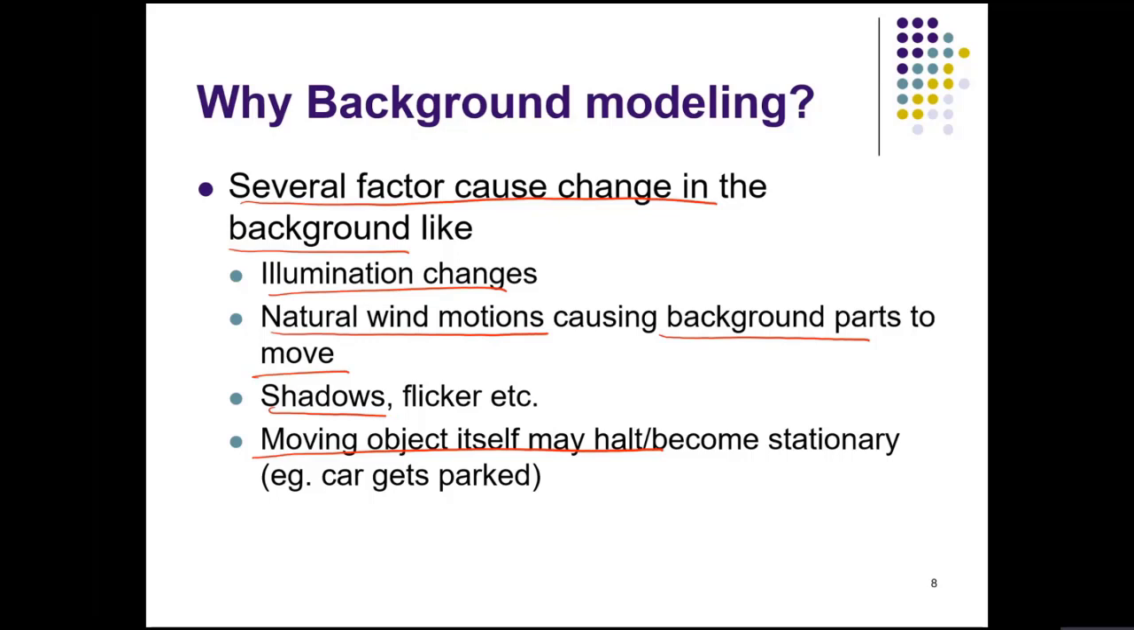There may be shadows also due to overhead sun. There may be shadows of moving objects. There may be flicker in the scene, and a moving object itself may halt sometime and become stationary, or something which was parked now starts moving. So these are the different environmental changes as well as practical changes that may happen in the scene, which may cause your background image